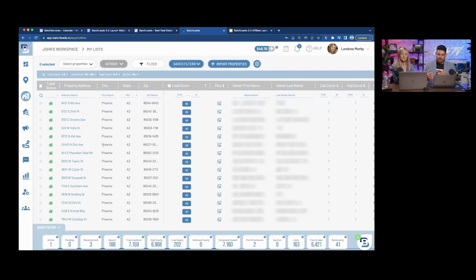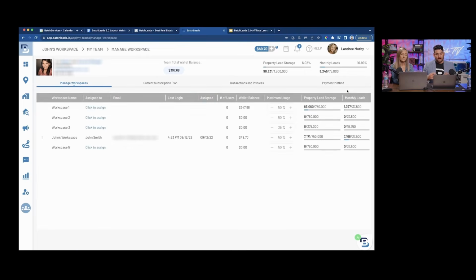As part of our new plans with 3.0 and our new packages, we have released something that is completely new in the space. It's this concept called Workspaces. For many of you who have larger teams or dispersed agents, right now we support multiple users in BatchLeads, but it's logging into the same account, right? So if I add you as a user to my BatchLeads account,